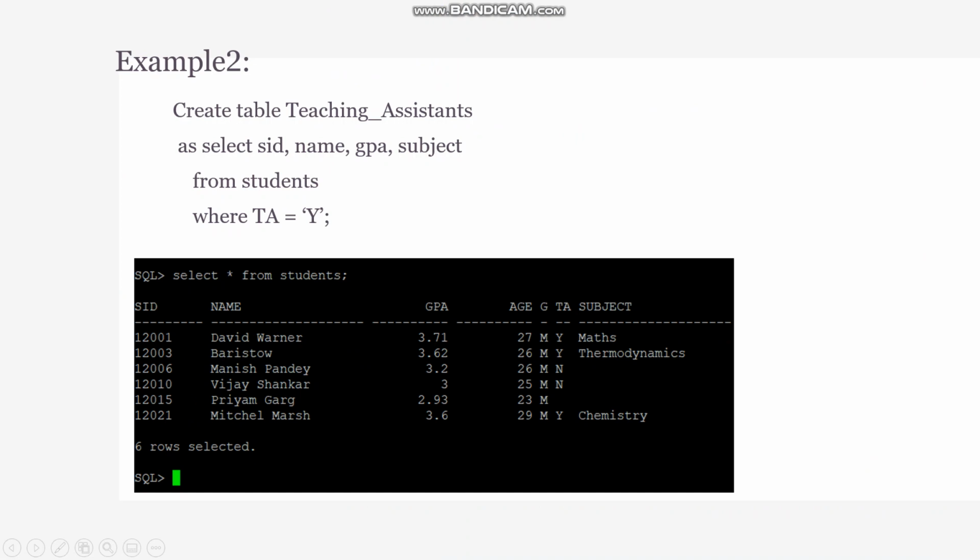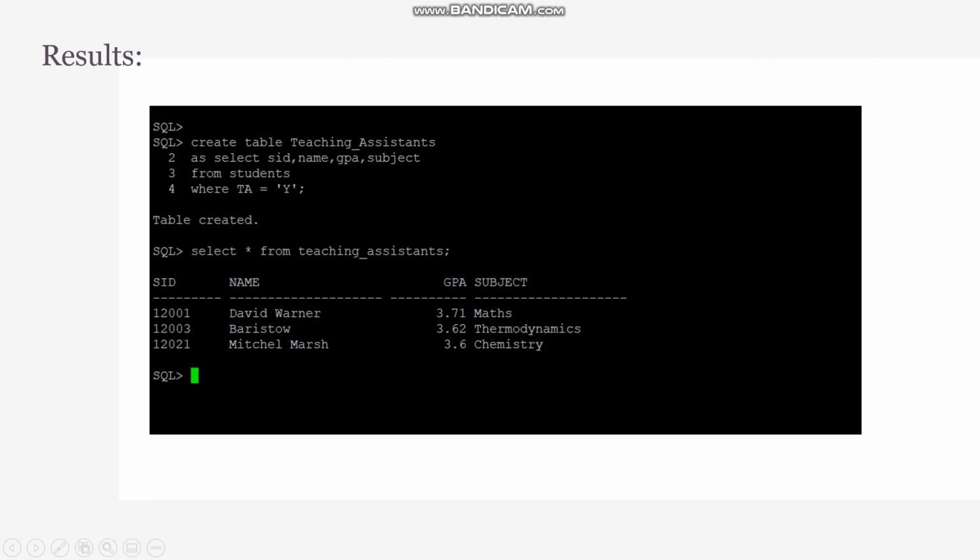Here I wanted to create a teaching_assistants table, and I wanted to have SID, name, GPA, and subject from the students table, which is already present in the database, that satisfies the condition TA is equal to Y. This is my students table, and I have SID, name, GPA, age, gender, teaching assistant, and subject as columns with related information. After executing the query, it says table is created, which is teaching_assistants,